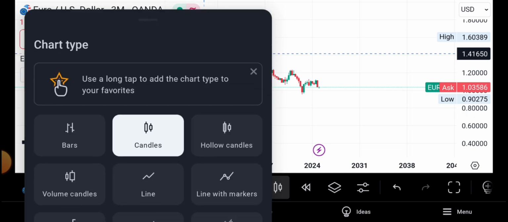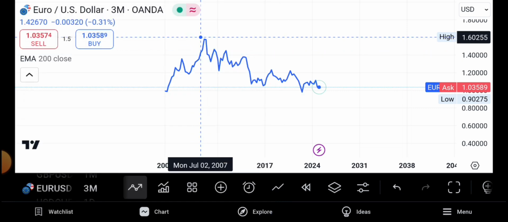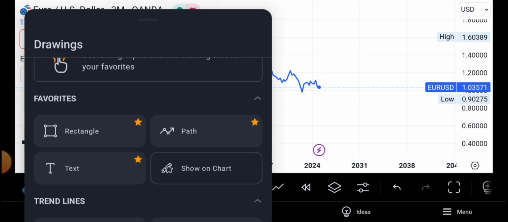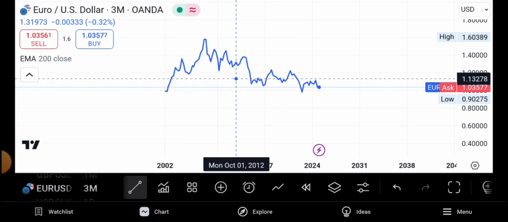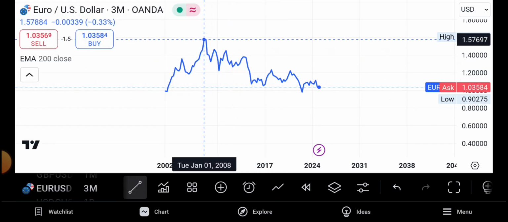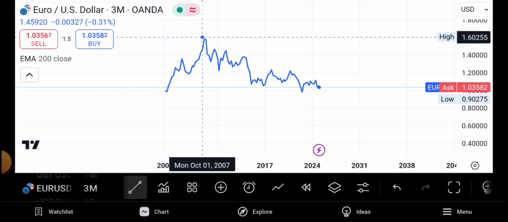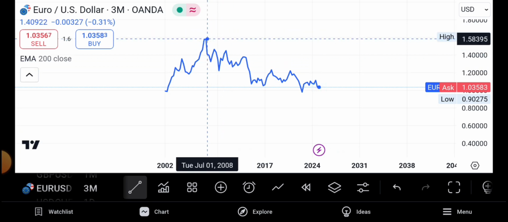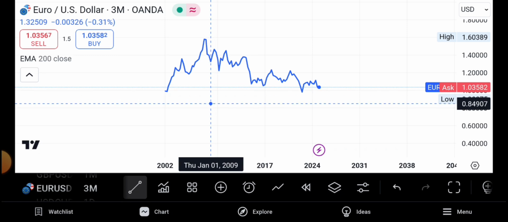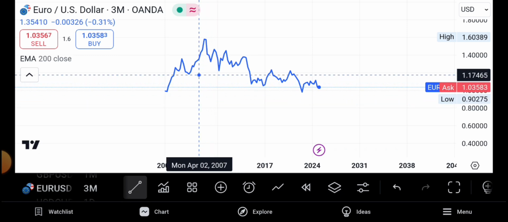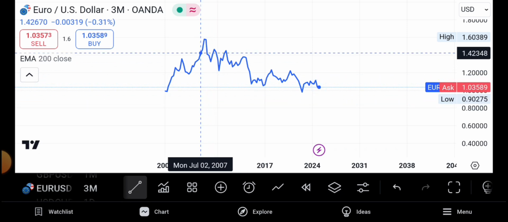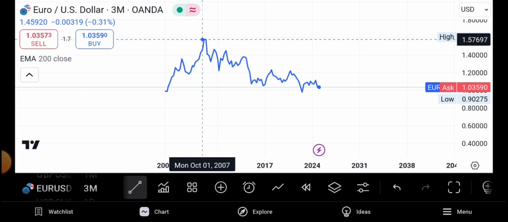In the 3 month time frame, let me draw some trend lines here. If you have been following me, by now you know how I draw my trend line. Some people say that you draw your trend line using the beginning of the week or the body. To avoid all that commotion and confusion, just change your chart from being a candle chart to being a line chart. Are we together? It will guide you on how to draw this trend line.